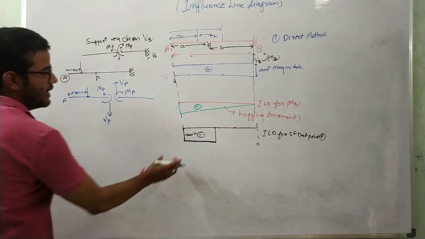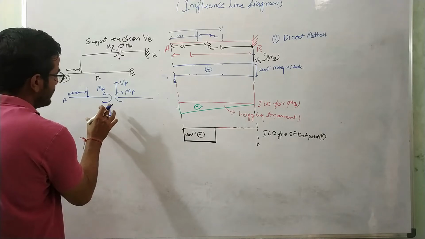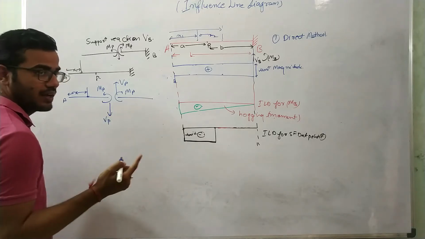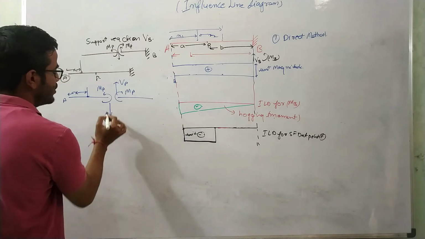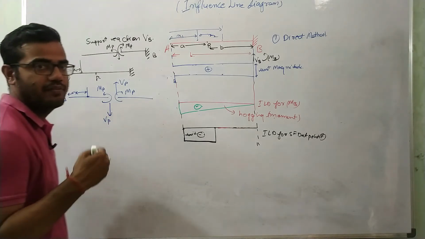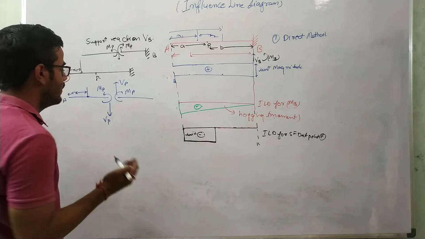Okay. Here the shear force is coming negative, which means that the direction which we have assumed, downward direction, is not the case. Here when the value is coming negative, that means that our shear force is opposite to the direction which we have assumed. Okay. So at this position, the shear force will be acting in the upward direction.